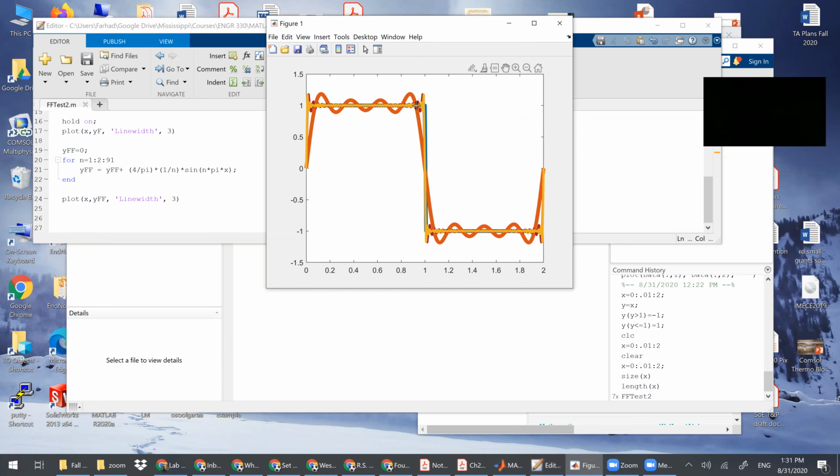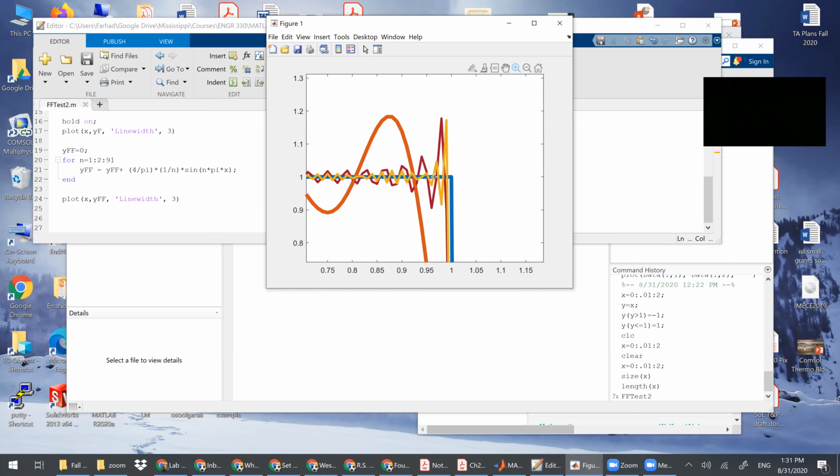You see, the red one was 51. This yellow one is 91. If I zoom in, let's zoom in here. I mean, this has nothing to do with the course, but